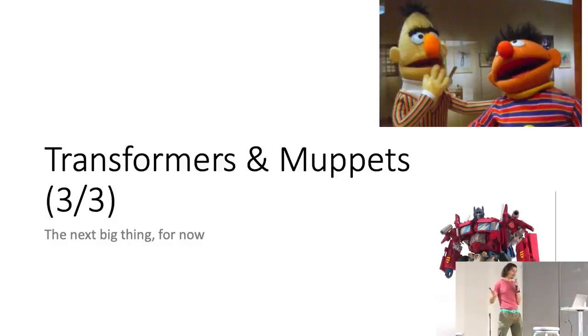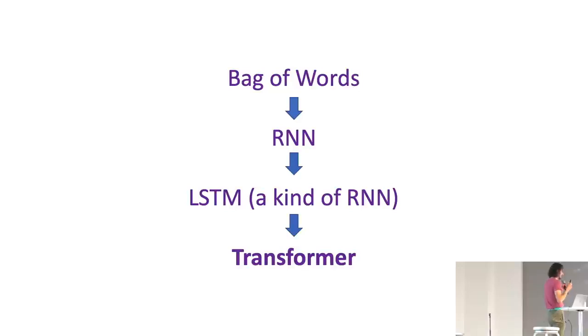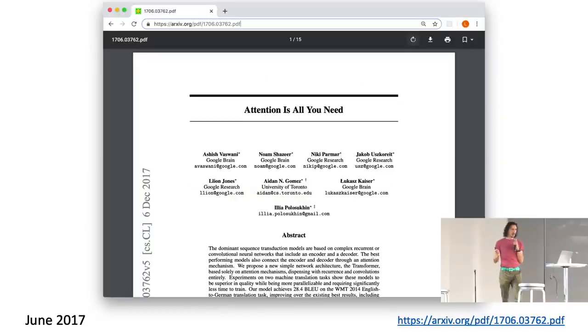You'll hear people talk about transformers and Muppets together. The reason for this is that the original paper on this technique that describes the network architecture was called the transformer network. Then the BERT paper is a Muppet, and there's an Elmo paper, and researchers just run with the joke. So this is just context so you understand what people are talking about if they say, we'll use a Muppet network. What the heck are you talking about, a Muppet network? I think of this as the natural progression of this sequence of document models. The transformer model was first described about 2.5 years ago in the paper Attention Is All You Need.